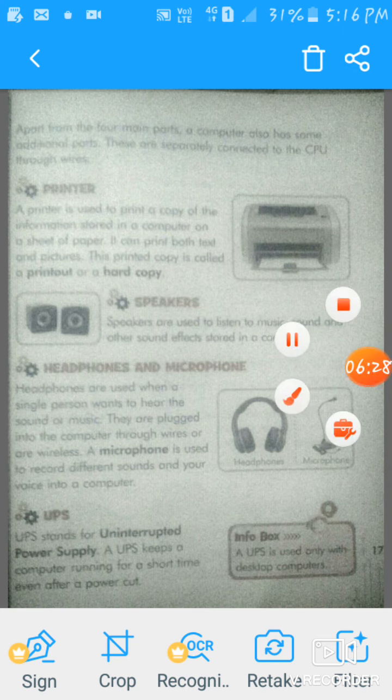This printed copy is called a printout or a hard copy. Now come to the next paragraph.